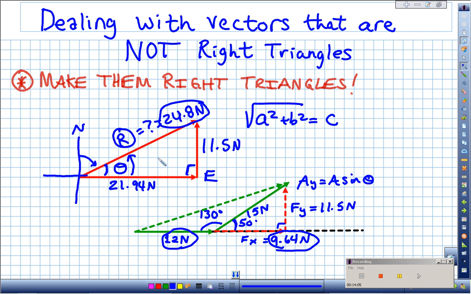So to do that, now that you have all three sides of this triangle, you can just use your trigonometry functions. Pick your favorite one, tangent, sine, or cosine. All of them can be used because you know all three sides of the triangle. I'm feeling like using tangent today. So because tangent of an angle, which I'm looking for, is equal to the opposite side, 11.5, divided by the adjacent side, 21.49, then I can throw those into this equation,